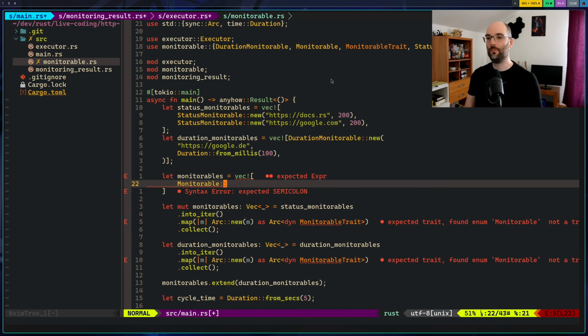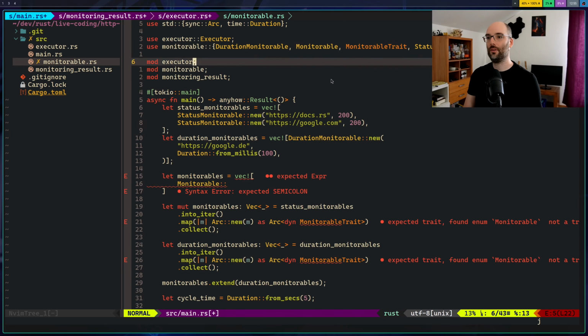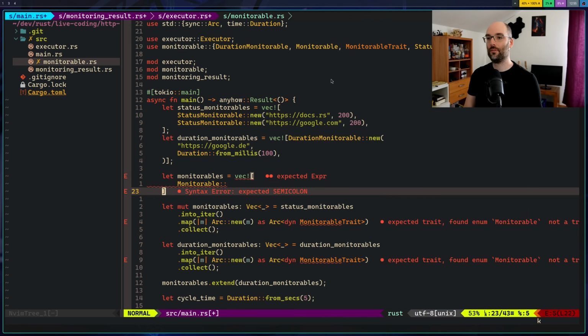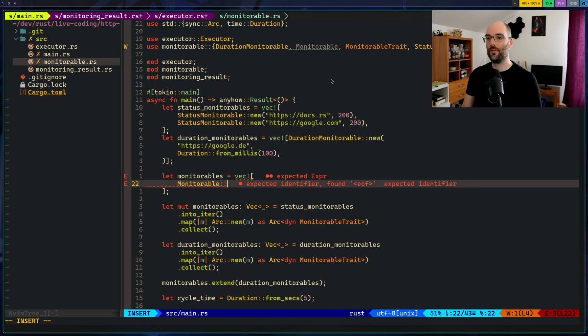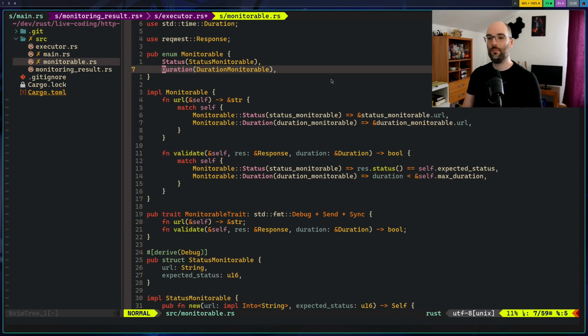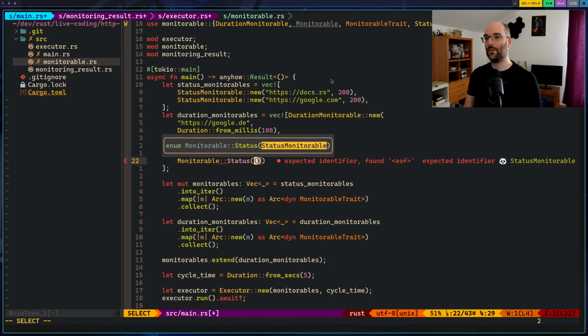What's going on? Oh, monitorable. That's an enum. Yeah, monitorable. Okay, now I get the autocomplete.